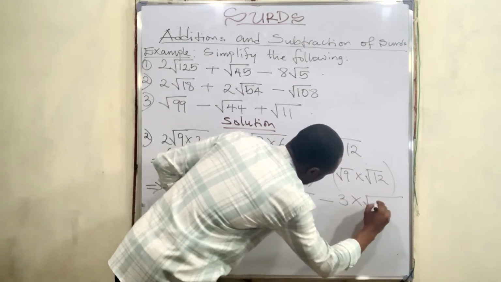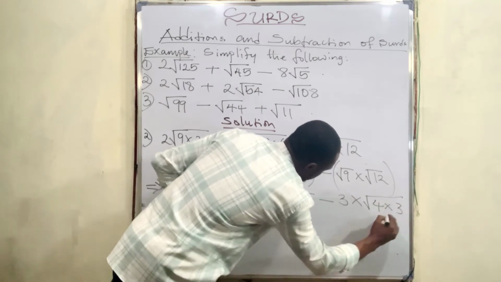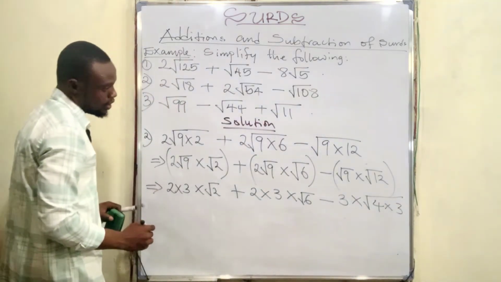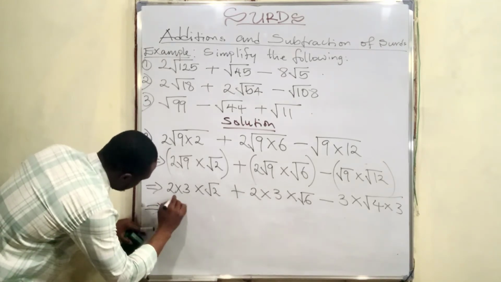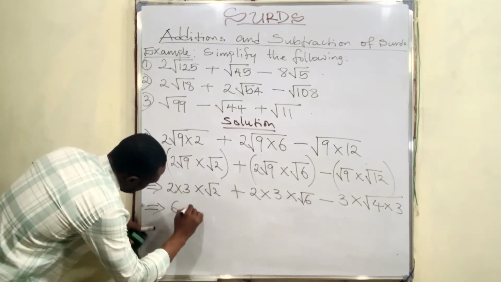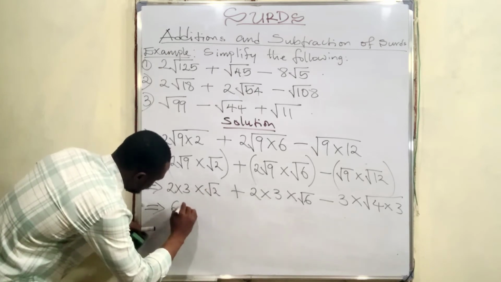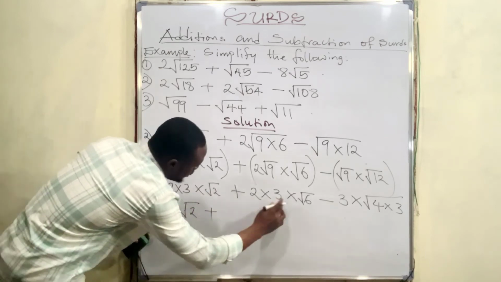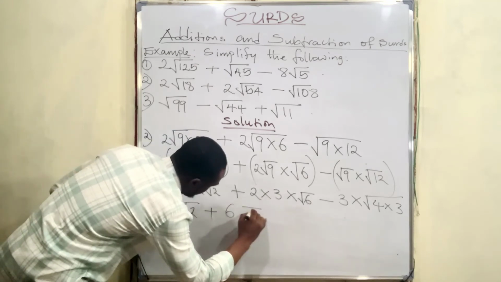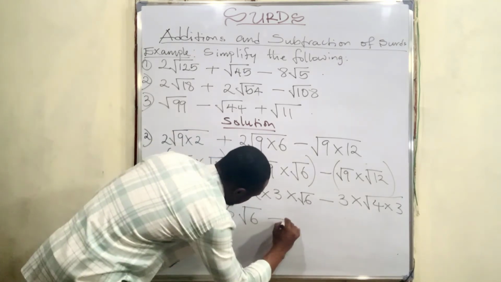The root of 4 times 3, which is 12. Okay, now this implies 2 times 3 is what? 6. So this is like 6 root 2, plus this is also 6 root 6, minus, now